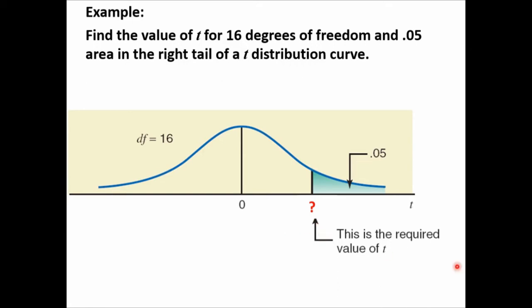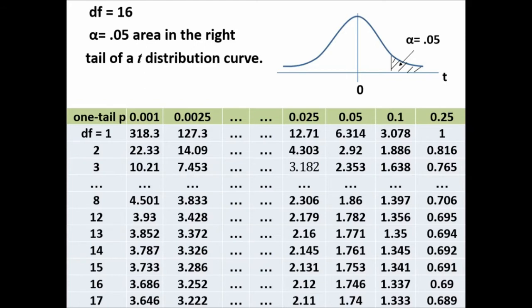In this case, we will go to the t table. And as you can see, I'm only including here the one tail row, which is this tail here. And at 16 degrees of freedom, we'll go down this column here at 16. And at area of 0.05, we will look for the area on the top in the first row. So now we have the degree of freedom and we have the area, and the intersection between these two values, if we take a horizontal line here and a vertical line there, will give us the value of t that we are looking for,